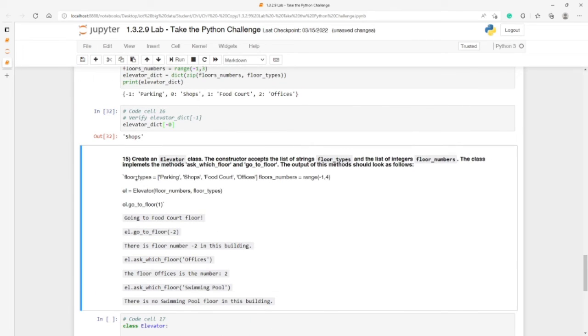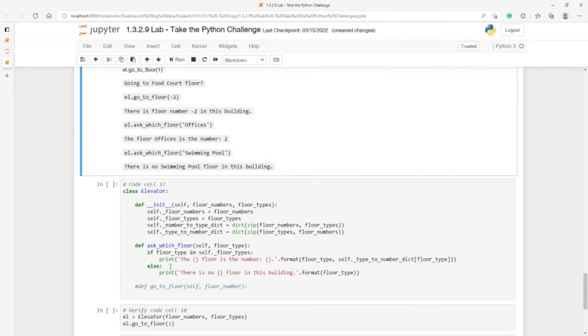Here when we have elevator floor number and floor type, and then we go to 1, we should see the output going to the food court floor, and then when we type -2, then there is no floor number -2 in this building, and then when we type office or offices, then we should see the floor offices is number 2, and so on. Alright, so let's write